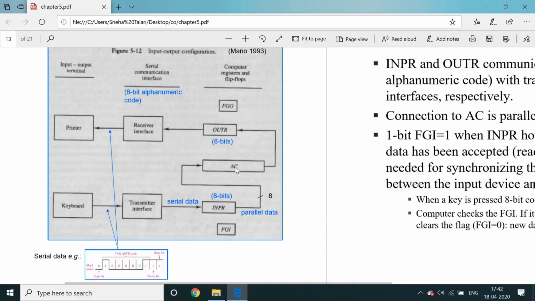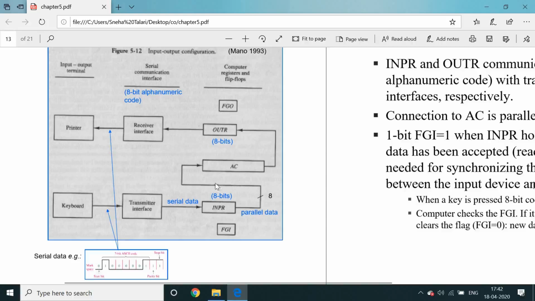Next, the accumulator: when will the accumulator receive the information? If you want the accumulator to receive information from the input register, the flag input bit goes to 0. Only then will the accumulator receive the input character as 8-bit information. That means the processor allows the binary information from the input register to the AC only when FGI is 0.